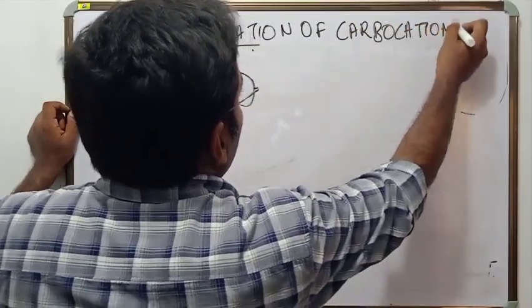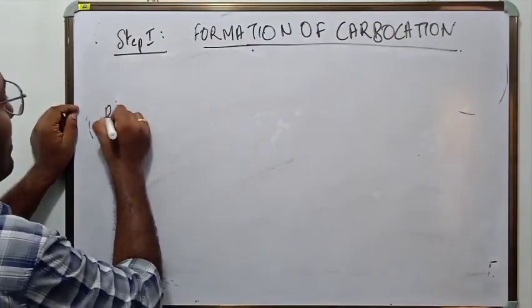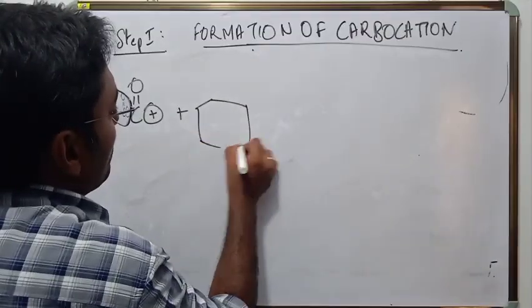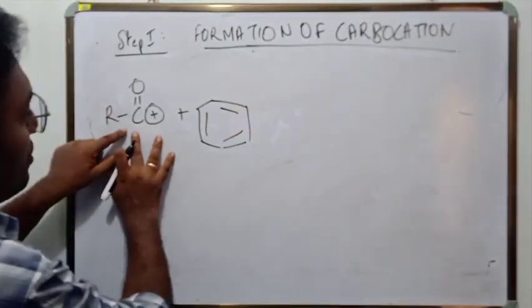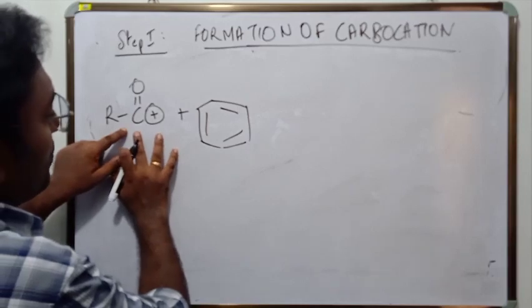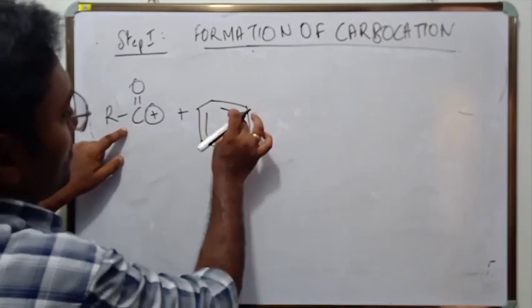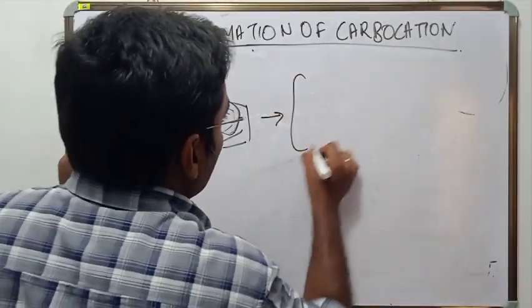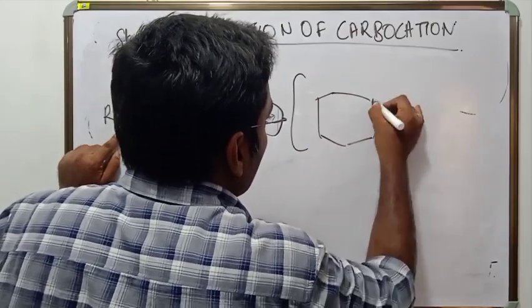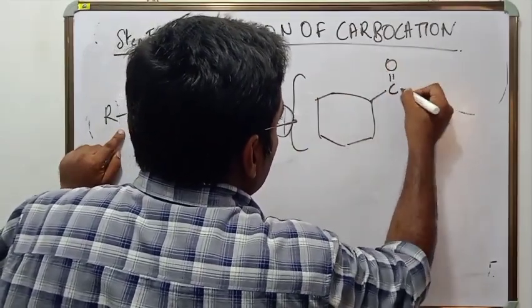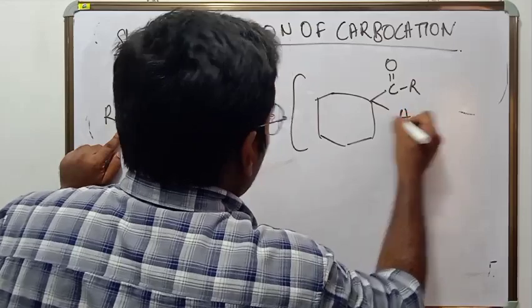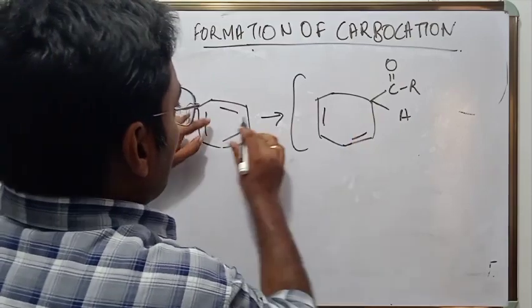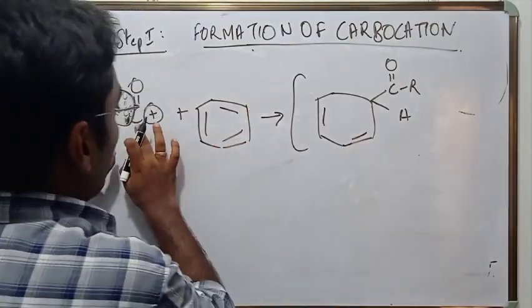The acyl cation, the acyl group, it is written like this, and let me draw the benzene like this. This is the electrophile. It wants an electron pair. Suppose if it attacks this electron pair from this position, then what structure would I get? That I am going to write. This is the structure that I would get. These electron pairs are intact at their position. When this electron pair was given to the acyl group,